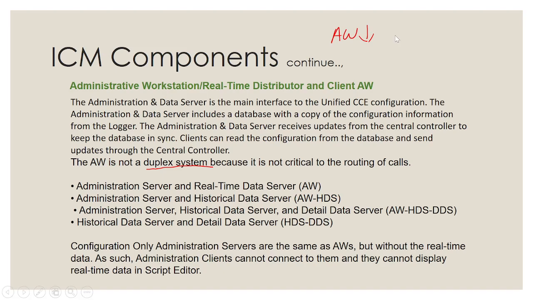And you can deploy AW in multiple flavors. You can deploy AW as a configuration only AW, or you can install it as AW and HDS. HDS is the historical data server, and it can be installed in the same Windows machine where the AW is installed. AW is for the configuration purpose,